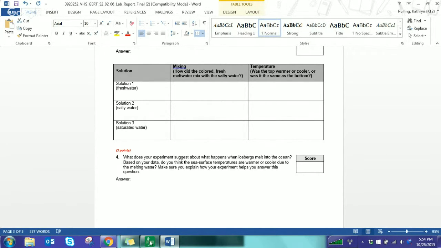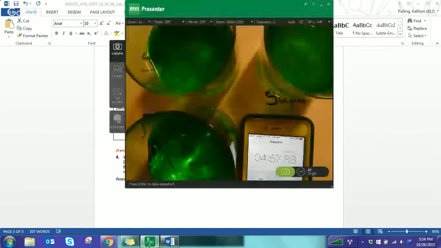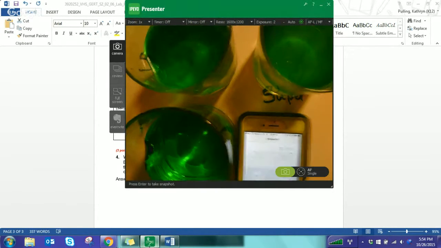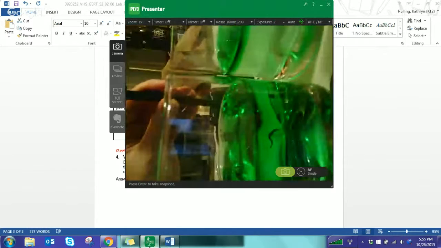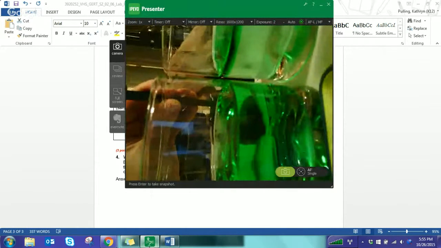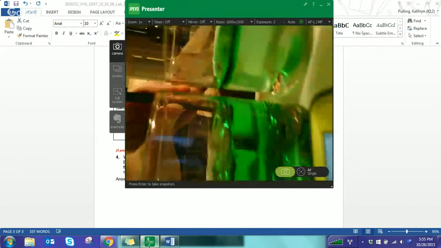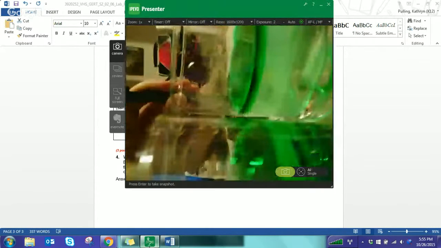All right, we are just about there at our 5-minute mark. Again, mine's going really fast because I used very hot water, but feeling my fresh water, it's completely melted. I'm trying to show you. You can see the fresh water is entirely green throughout, whereas the salt water,